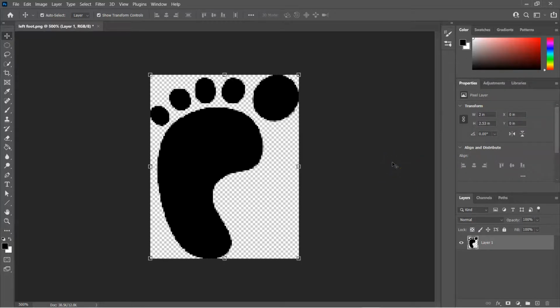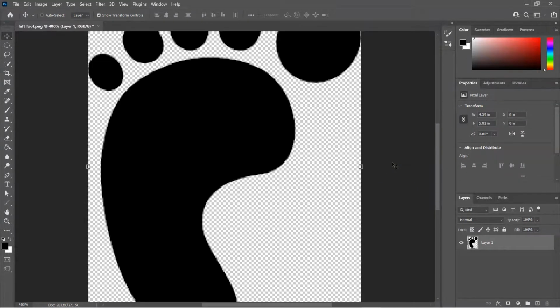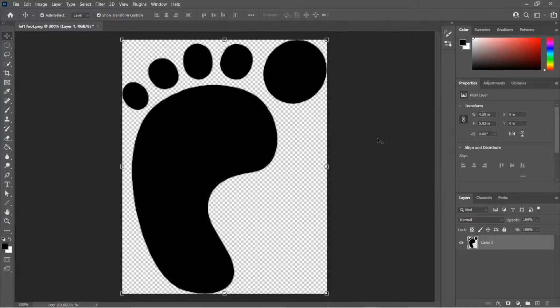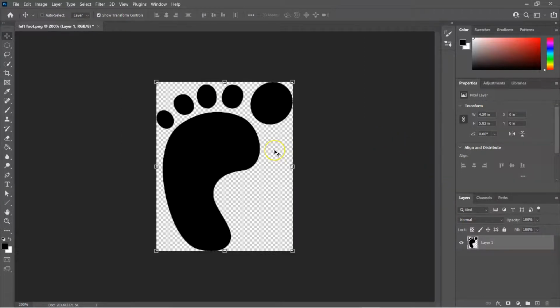And then I can zoom in. Yeah, still low quality, so let's just not worry about that. All right, this is just to show you purposes. Obviously, you'd want a better quality image. But what you do is once you have it here on the layer, which you should only have one layer,